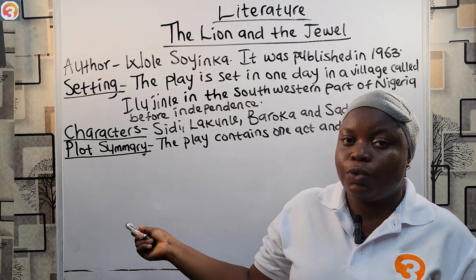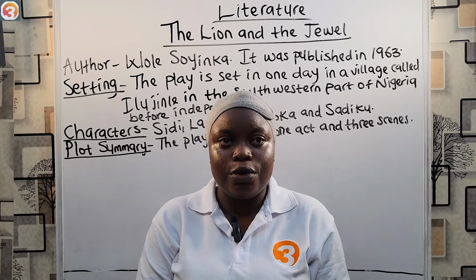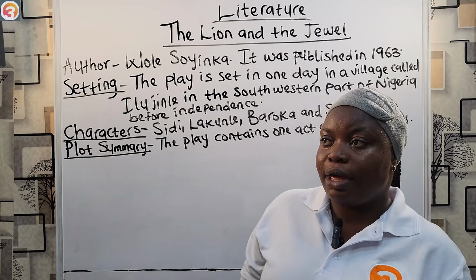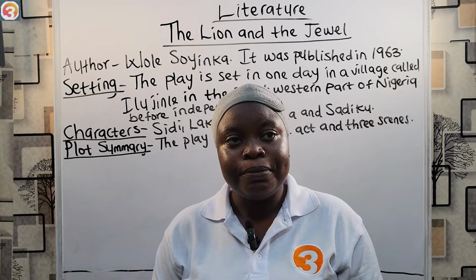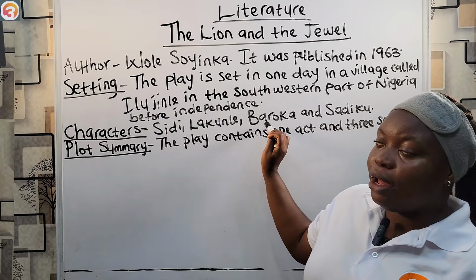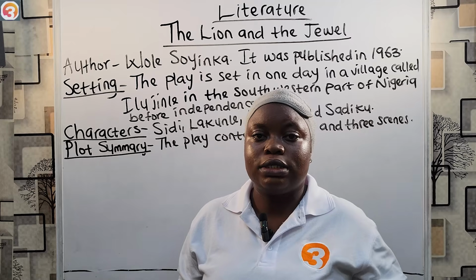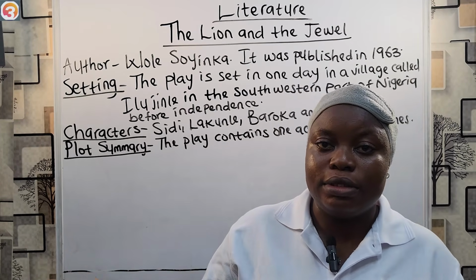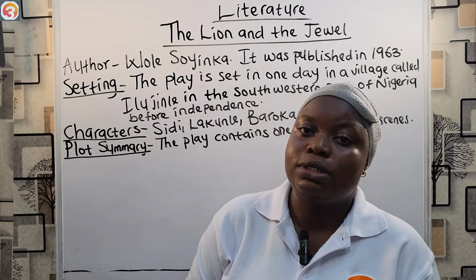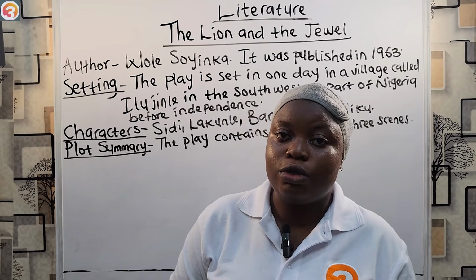And then the second scene, which is noon, we see Sidi admiring herself, engrossed in the magazine containing her pictures, and Lakunle is following behind with her firewood. Sadiku is the eldest wife of Baroka, the Bale of the village, and it's her job to get women to marry the king, or the Bale rather. So Sadiku meets them and tells Sidi of Baroka's intentions. She wants Sidi to get married to the Bale.